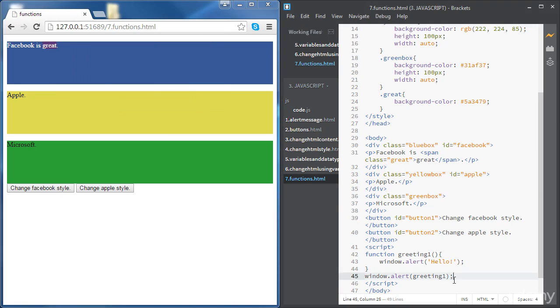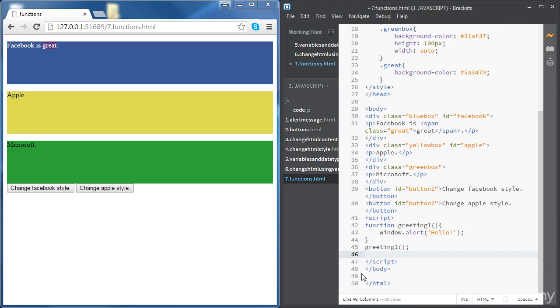So to use the function, we need the name of the function and we need the parentheses, and later on we will see how to use the parameters if the function needs parameters. Okay, so let's go for our second example. I'm going to define a second function using function, space, name of the function, and let's call this one greeting2,